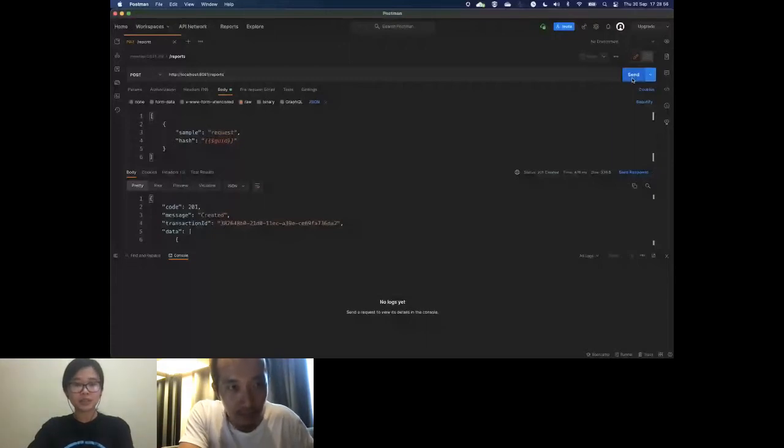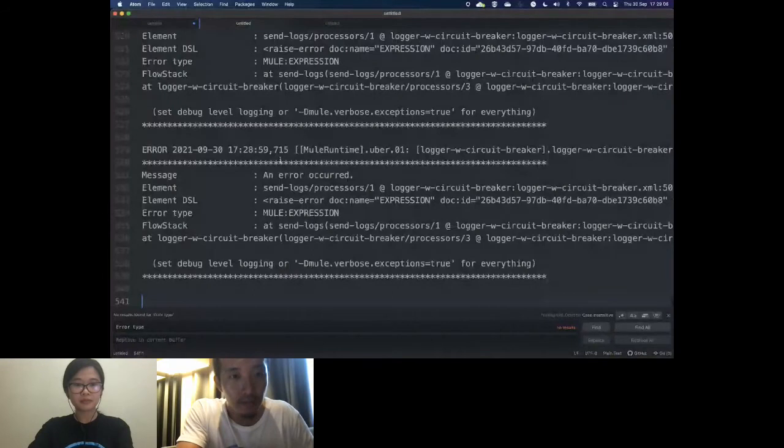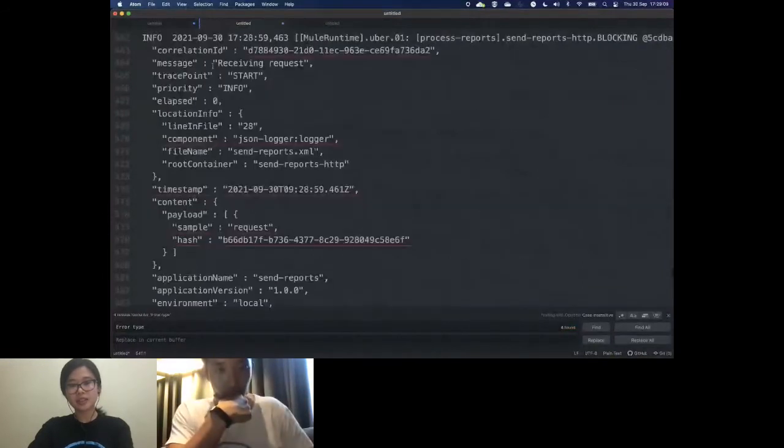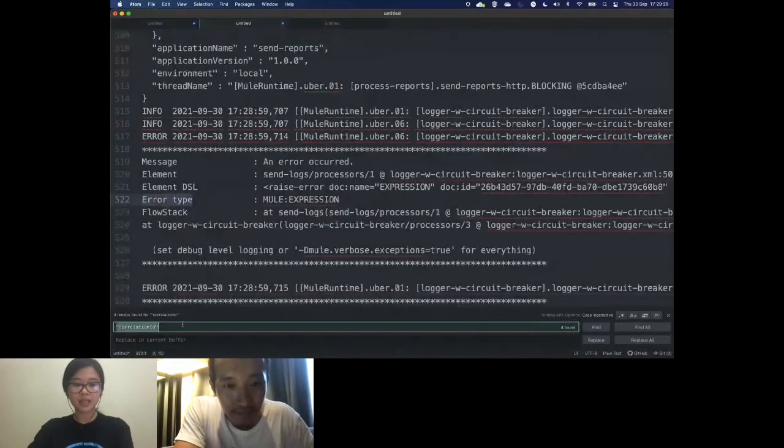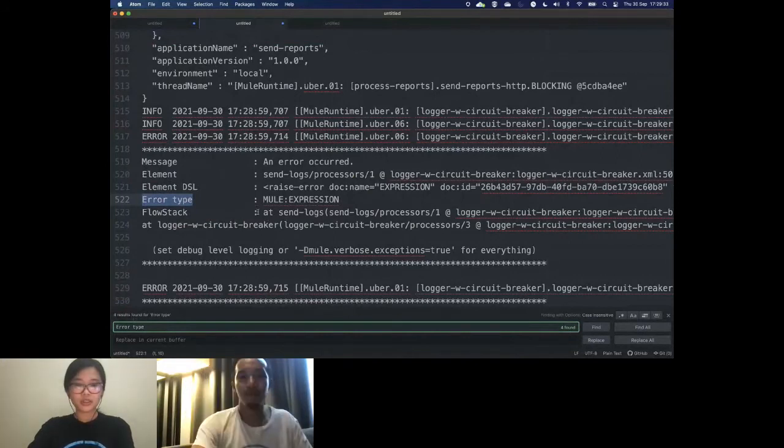If we want to see here, as you can see, this is the JSON generated by that JSON logger. Quite extensive information for just a simple configuration in that connector. So we have 4 log messages, and to ensure that the circuit breaker was not tripped, we managed to process all of them. So we have 4 Mule expressions as well. Let me just comment this out.